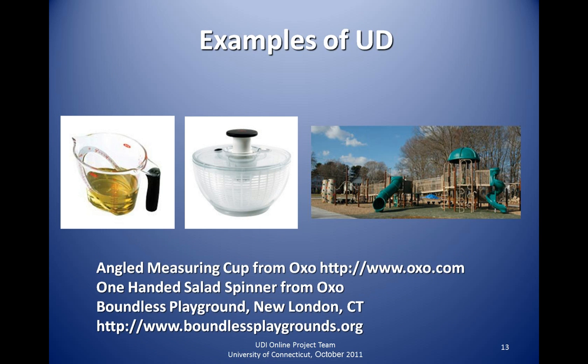Just a couple examples then that we might come across in our daily lives would include automatic sliding doors, curb cuts, or the items pictured on our slide. The idea is that items are designed to be used by the widest segment of our population without the retrofit or after-the-fact accommodation.